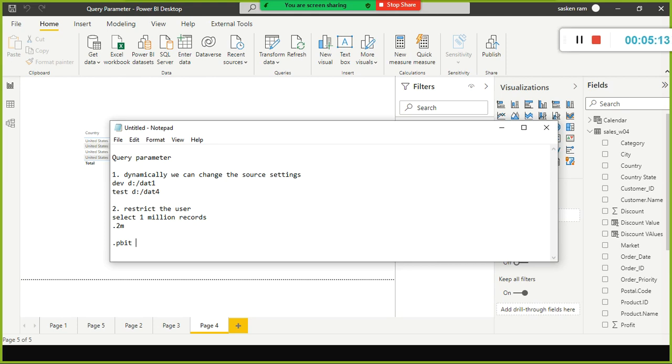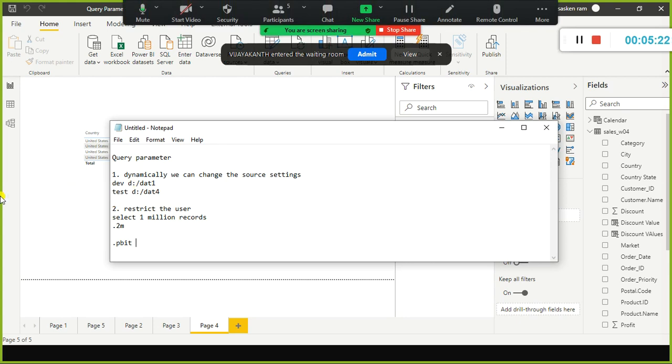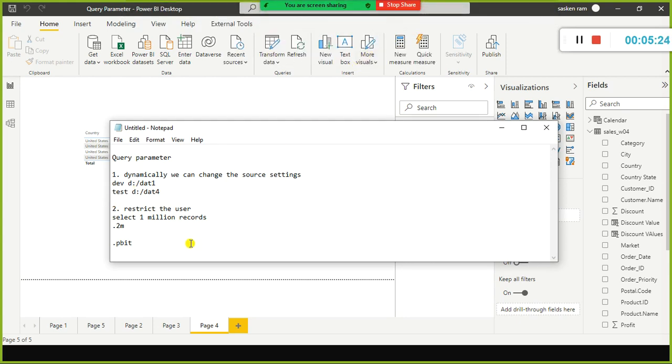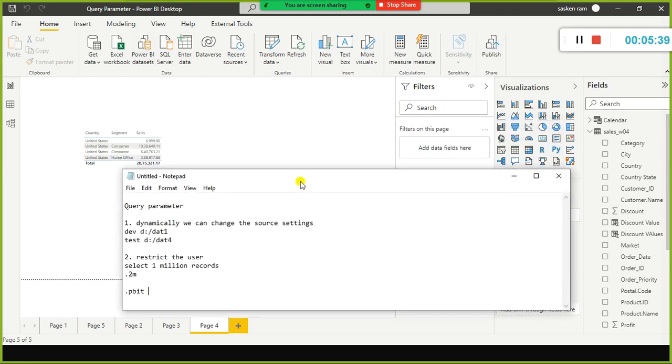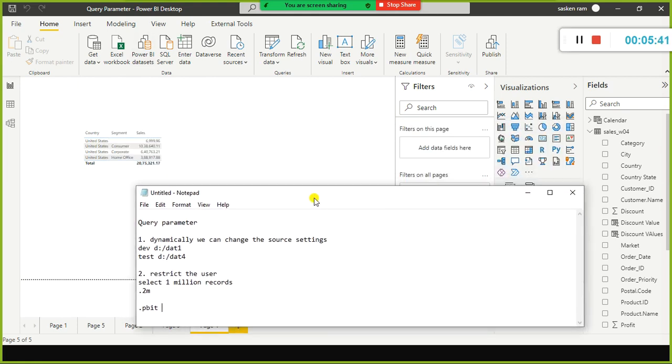So what will happen is it will prompt the user. For example, in the case of country, you have created a parameter, and you map the parameter with the country column. So when the end user, the user whom you shared the report with, tries to open the report, it will ask them to enter the country name. When they enter the country name, they can see the data that is relevant to that specific country.